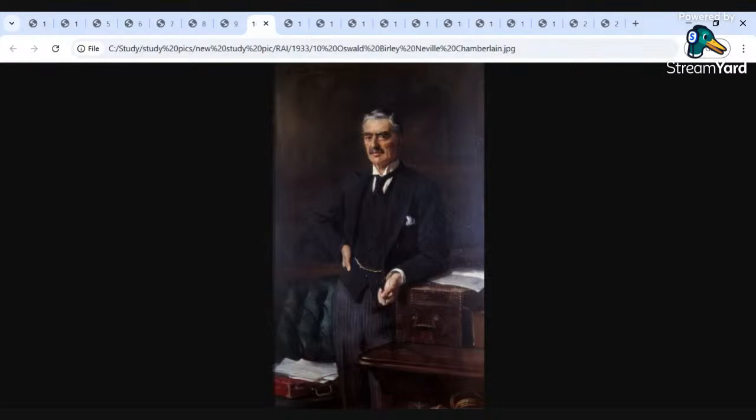I don't know. It's difficult because of two things. Number one, the average Englishman doesn't really know that much about Neville outside of his role at the beginning of the war, and secondly, the only thing we've seen of him is his speech once he's received his paper from Munich, where he does look a bit weird because he's a little bit older and a bit stressed out. Well, I think